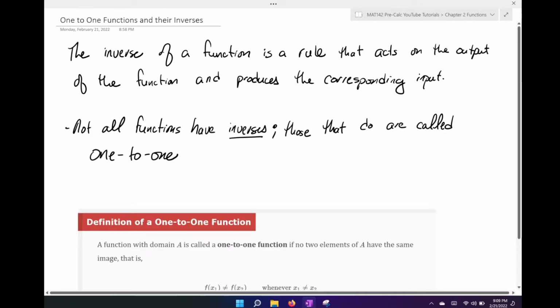So this last section within chapter 2 deals with one-to-one functions and their inverses. The idea of the inverse is that the inverse of a function is a rule that acts on the output of the function and produces the corresponding input. So what we're saying here is, if I have a point x comma y,